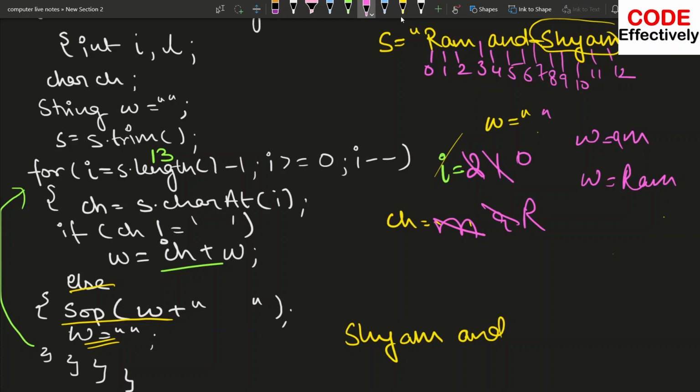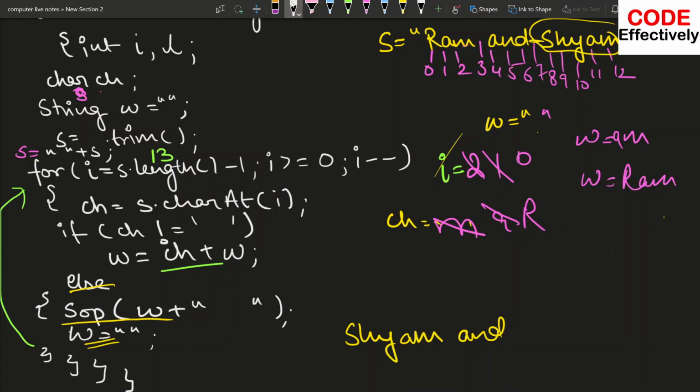Okay, so I just forgot that we need to add another space, because we only display a word when we encounter a space. So s is equal to s plus a simple space before our own string: space plus s.